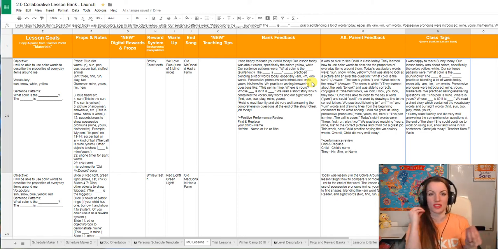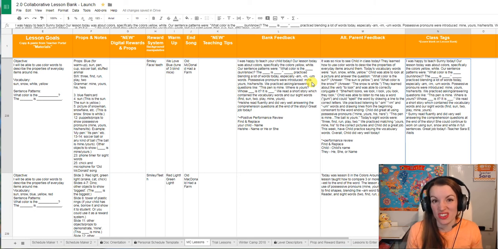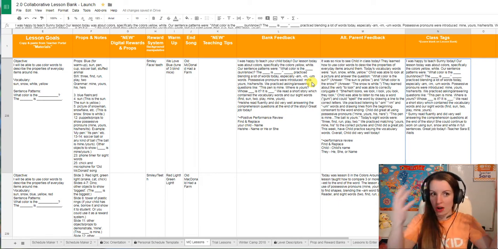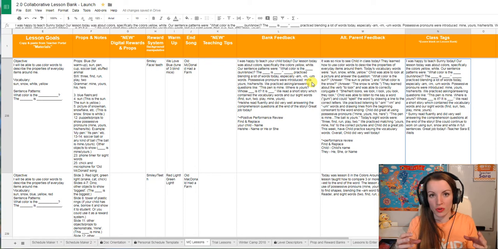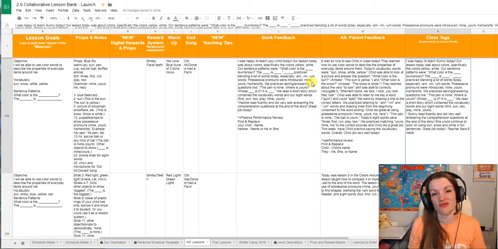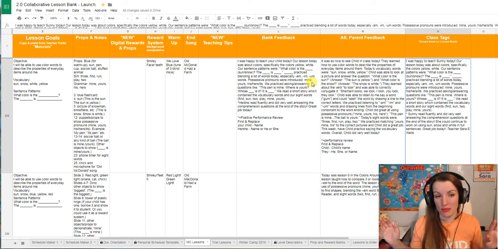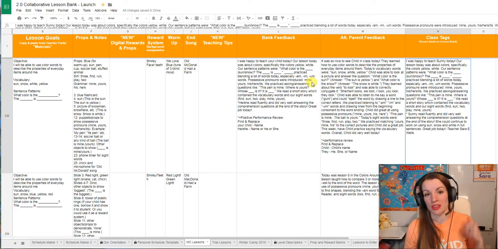So take the skeleton, do the find and replace, add in the performance with how your student did. I did a bad job because I didn't have a student named Sunny who took this lesson. It was a made up one. And then you copy and paste it over. And then what the parent gets is this beautifully written outline of the lesson and performance review of how they did. But really it only took me like 45 seconds, 30 seconds. So I can definitely do it in between classes, especially if I already did my lesson bank prep the night before. Then it's definitely ready, and I'm just copying, pasting it over once I put in that performance review,